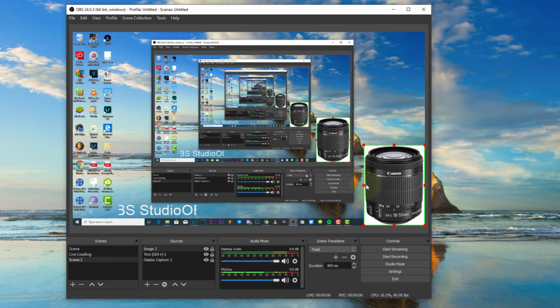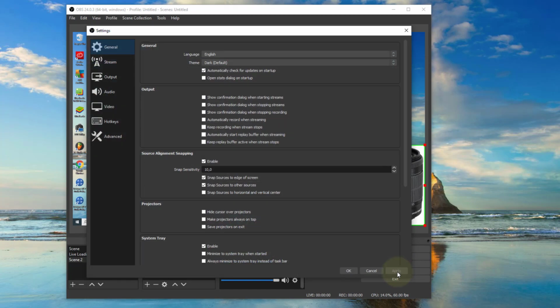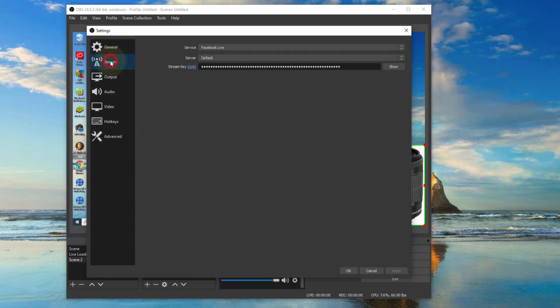So all you just have to do is press start recording and stop recording, and then you're done. And also you can just press start streaming. But now we're going to get into the settings, so I can show you how to set it up as well. In the settings, if you click settings, you'll get the screen, and you don't want to mess around with so many things here on the screen, but you want to come to stream and paste your stream key